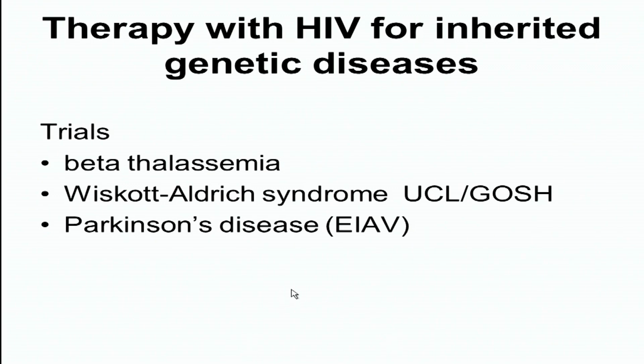And there is a trial, again, in Paris, in fact, for Parkinson's disease using a related virus, not a human virus. This one is a horse virus, which has been modified to take out its genes and put in a single therapeutic gene. So I think this therapy is suitable in any situation where you can deliver enough of the virus to the tissue, either outside the patient in terms of a bone marrow transplant, or directly in the patient in terms, for example, of this Parkinson's disease trial, where the virus has been injected into the right area of